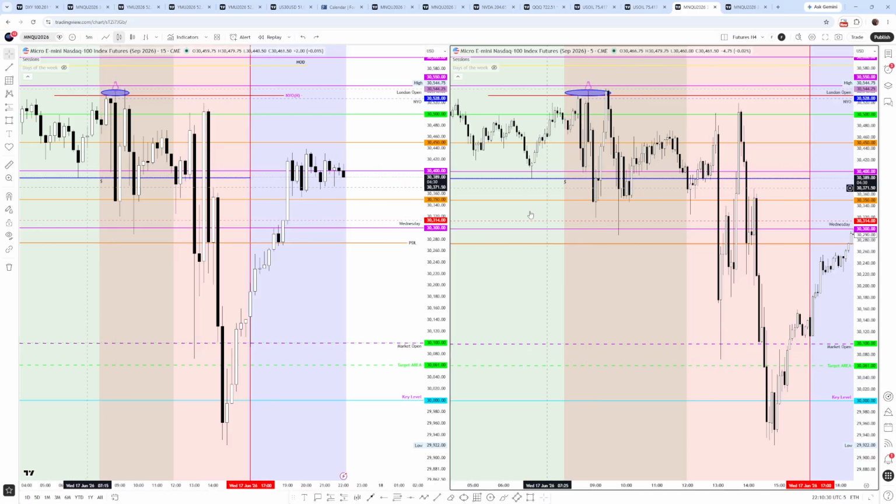But as you can see, that structure only goes and makes a lower high. So you had this high here, which was that New York high where the liquidity was, but they didn't close the bodies higher. But they did draw on the liquidity of that New York short. And so for me, I didn't take a buy position on that first push up, and I thought possibly I had missed a move in the 15 and 5.